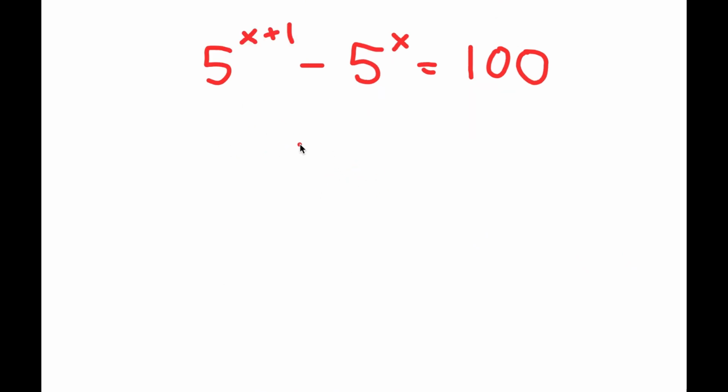Alright, so in this problem, I have 5 to the power of x plus 1 minus 5 to the power of x is equal to 100. So obviously I want to find the value of x here. So for my solution,